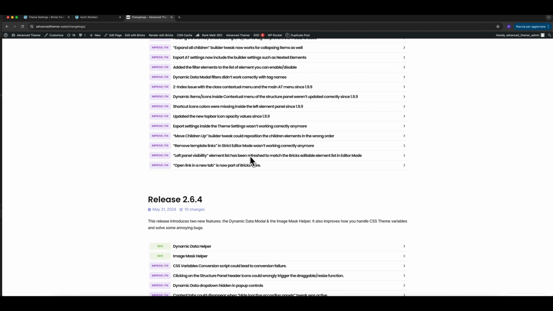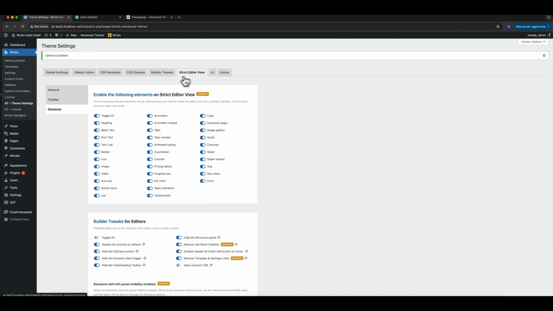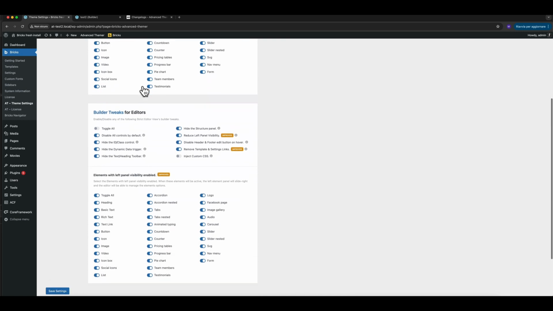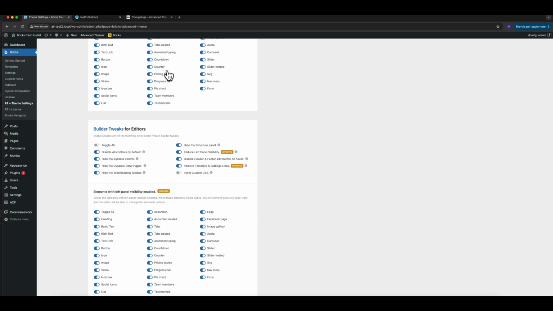And the last thing I want to show you is the left panel visibility. Let's go back to the theme settings, strict editor, and elements. So basically you have here a list of elements you can enable or disable inside the strict editor view. And again, you now have a list of elements you can enable or disable for the left visibility feature. Both these lists had different